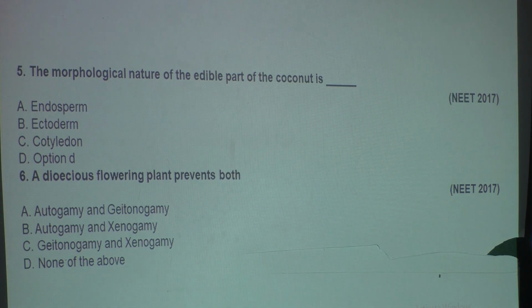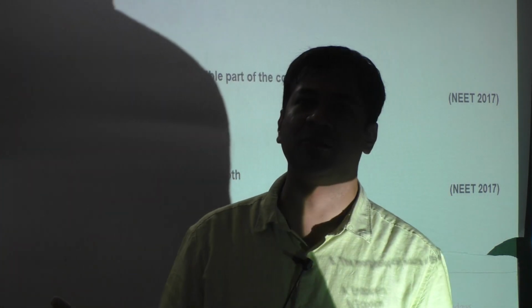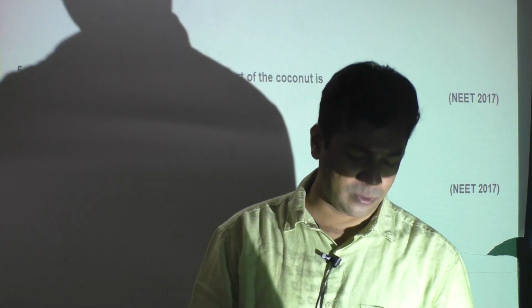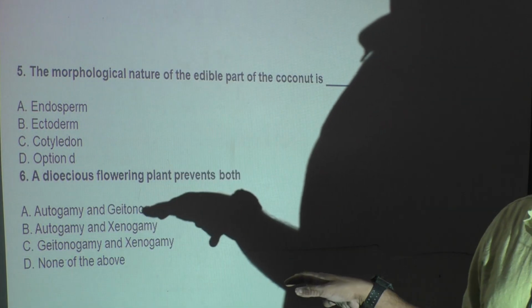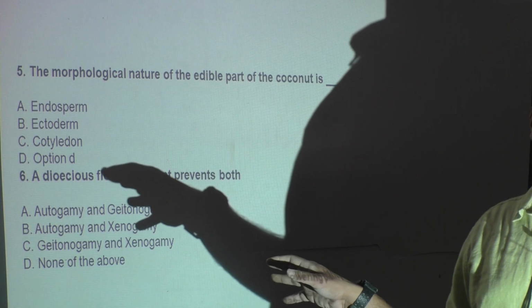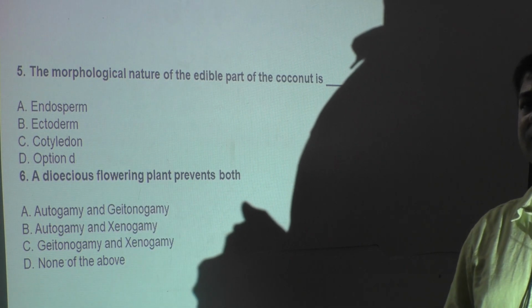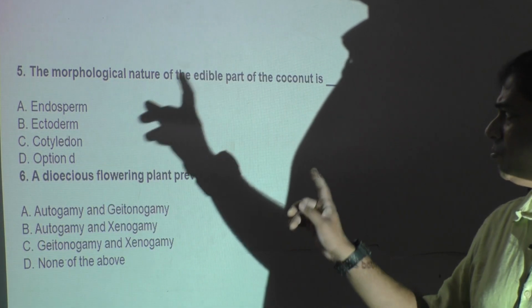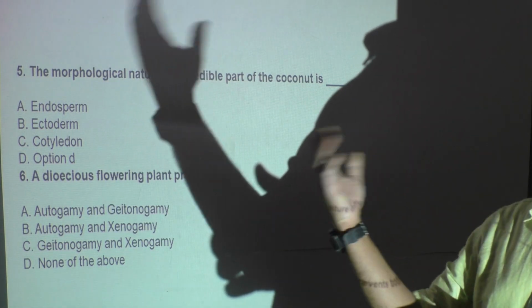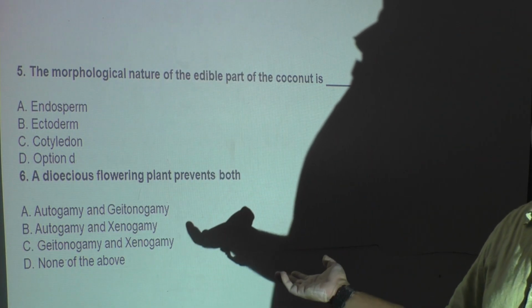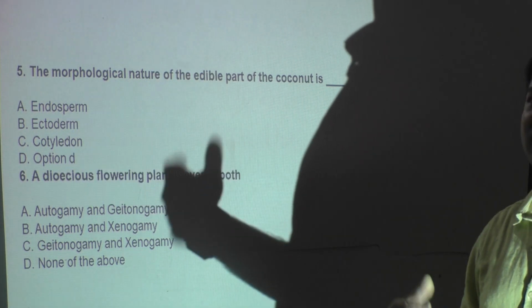These are all textbook questions. A dioecious flowering plant prevents both. Anyway, these are all questions based on the next chapter, the next concept which I am going to teach in the next class. Okay, so anyway, if we discuss it now also, it is of no use because I have to teach this again. Okay, so with this, let us see in the next class. I'll put the same slide, same question, so that we will discuss in detail. First we will discuss the theory, then we will discuss these questions. Otherwise, for one question, I have to explain for half an hour.